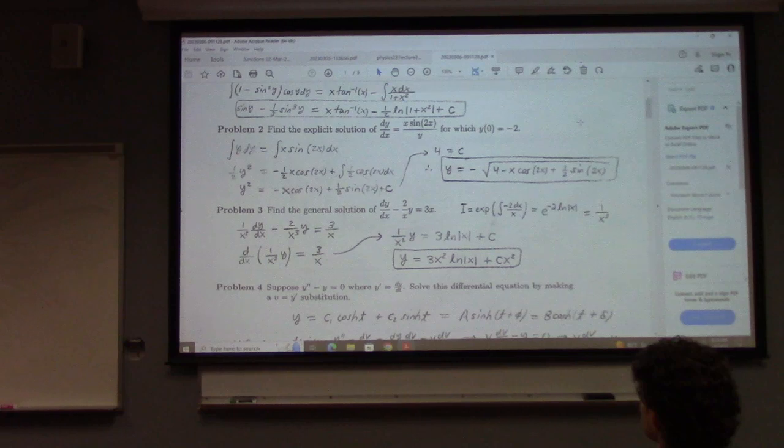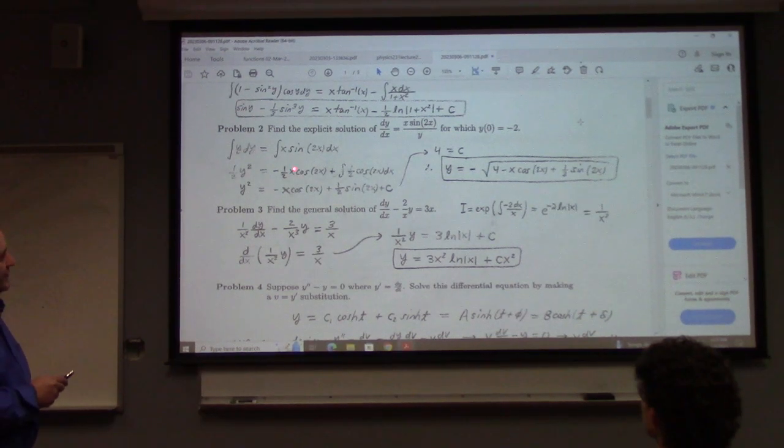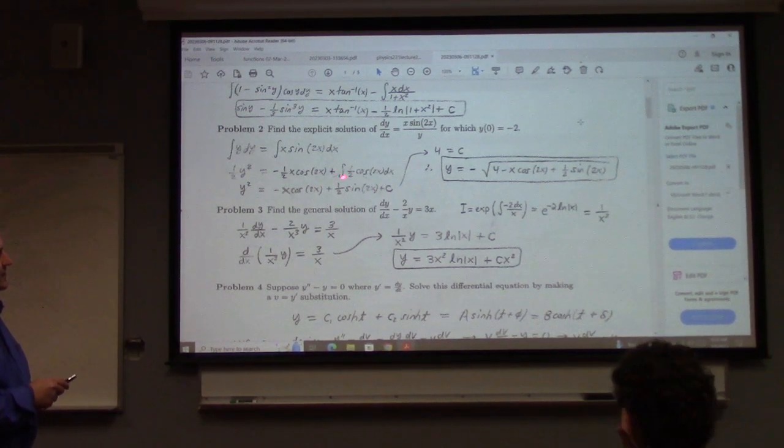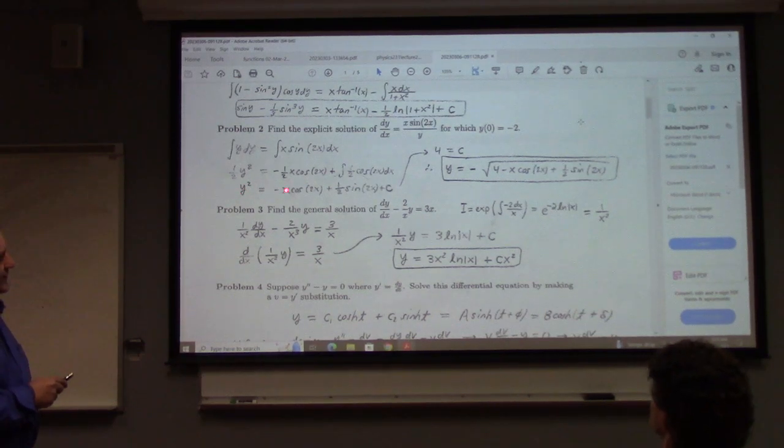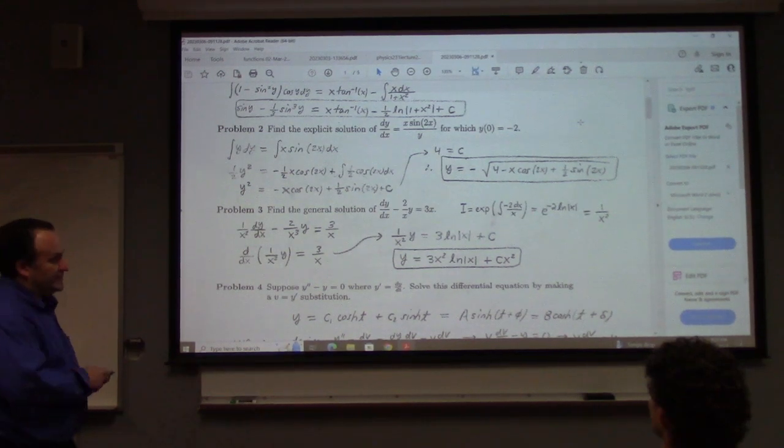So separate, integrate. Basically that is the story for the first two, right? But the second one, y of 0 is minus 2, so I have to fit that. I integrate by parts to get this guy here, like so, and then I multiply by 2. If I plug in y of 0, I get minus 2 squared, which is 4. This is 0, that's 0, so that just gives me c equals 4. So I get that 4 there. And then I have to put this minus out here because the solution is negative. If y of 0 is minus 2, the solution is minus the square root of 4 minus x cosine 2x